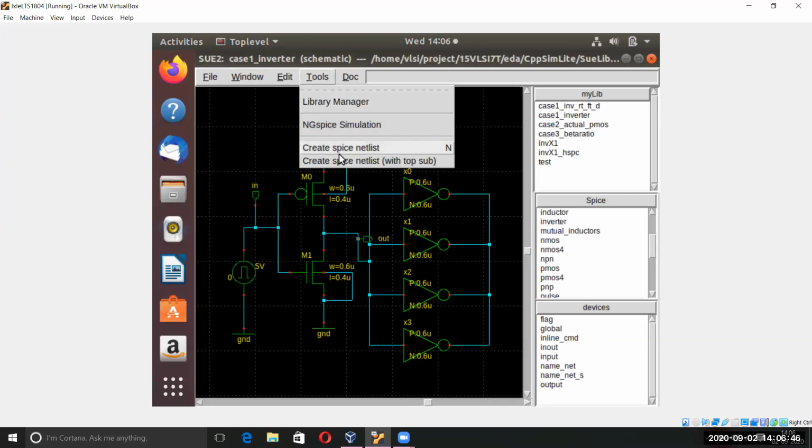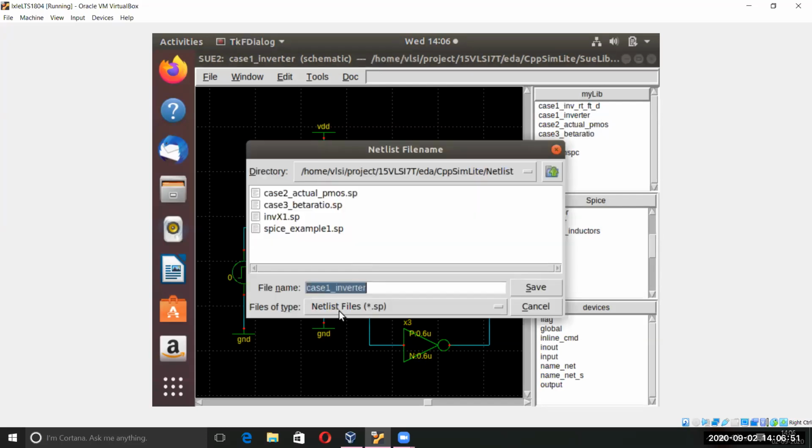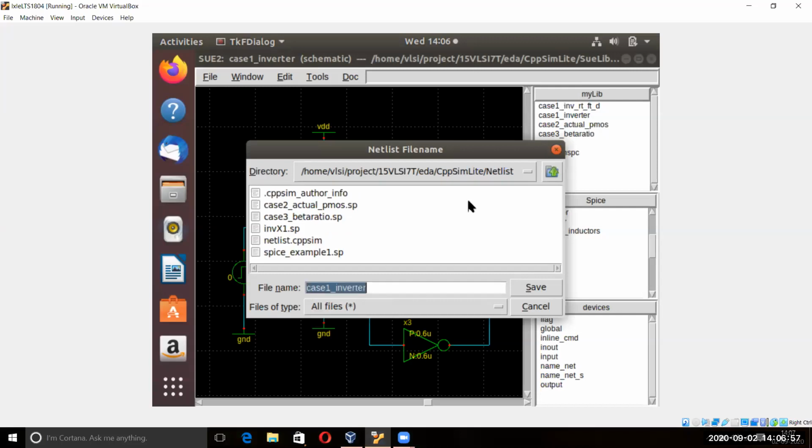Then go to tools, create netlist with the top cell. Okay, then we are interested in all files. Just change it to CPCM light, then netlist.